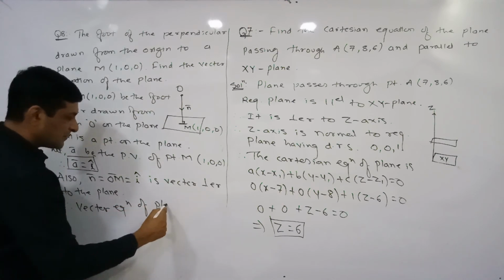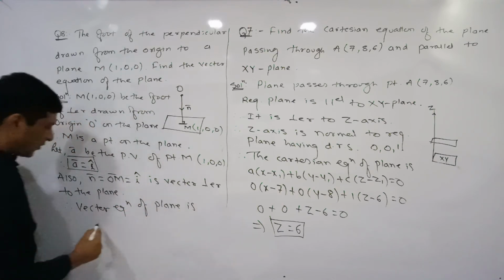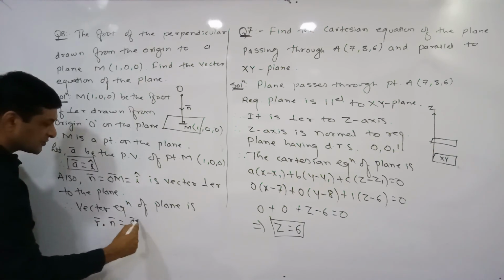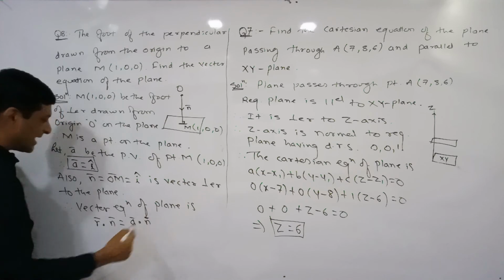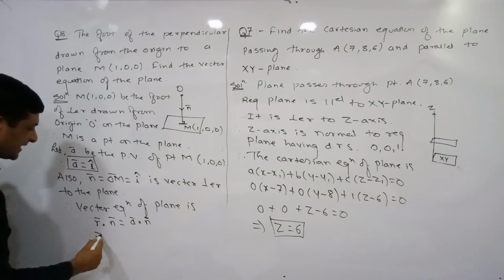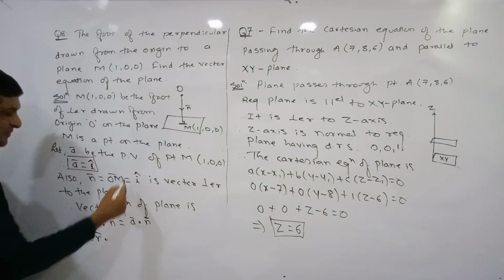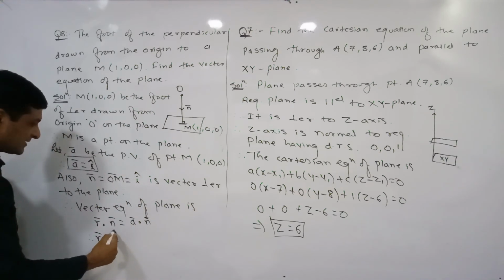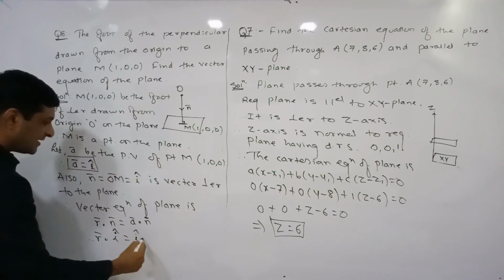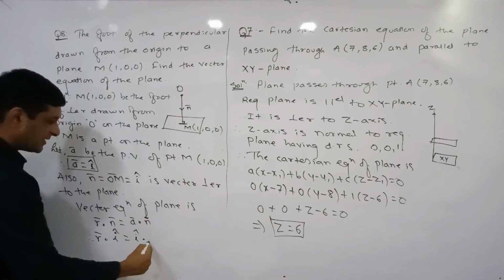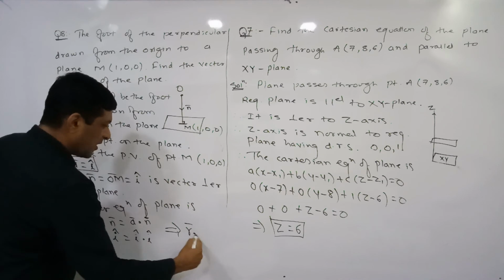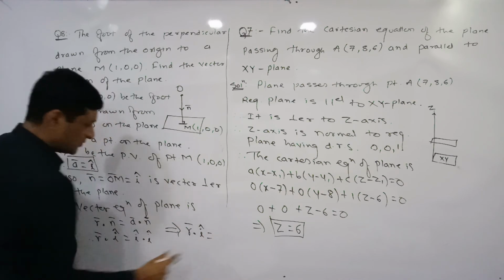of plane is, what is the formula to find the vector equation? R bar dot n bar is equal to a bar dot n bar. So r bar, keep it as it is. I am replacing n bar by its value i cap. On this side, a bar I am replacing by again i cap, and again n bar can be replaced by i cap. So this implies that r bar dot i cap is equal to, on this side take